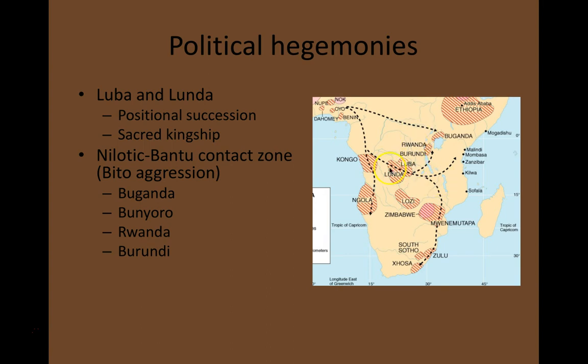The people who inhabited this region, kind of north and west of Lake Victoria here, were called the Bito. And much of the history, starting in about the 16th century through the 19th century, of this area has to do with the aggression of the groups of Bito peoples. This is a kind of sub-branch of the Bantu, I think. And this map doesn't show all of them, right?